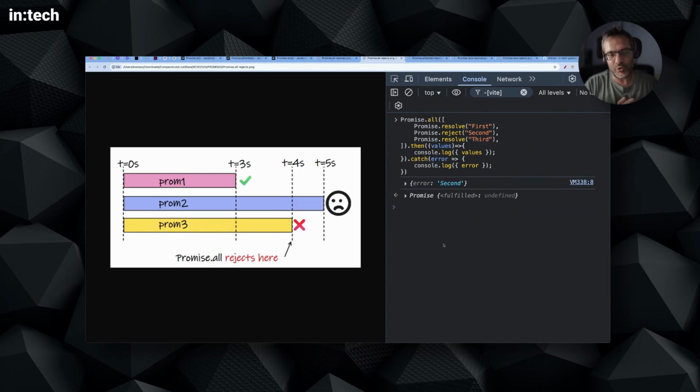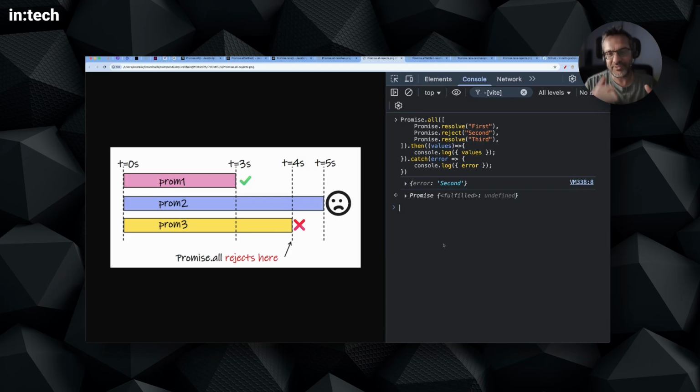So you will use Promise.all when you have two or more promises that you want all of them to run concurrently in parallel, do their work, and then you either get a successful resolution of all the promises, or you get the error that you get back from the first promise that got rejected. A case where you want to use Promise.all is when you go out and fetch some data, or you have two or more promises that run some asynchronous operation, and you want to get back the data from all these promises,